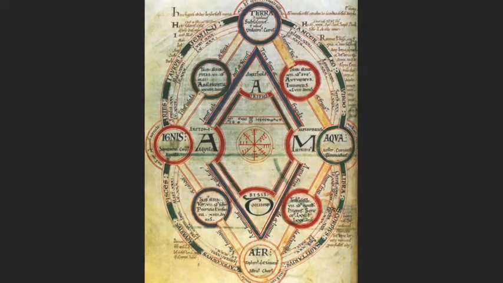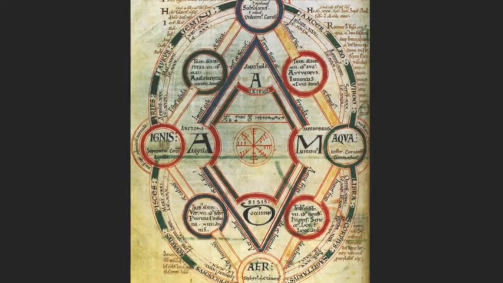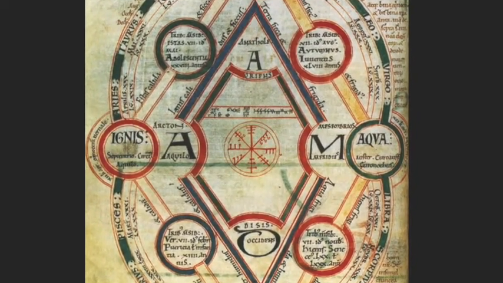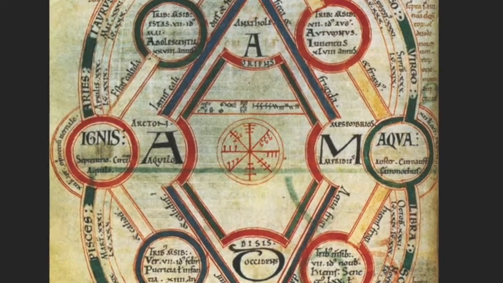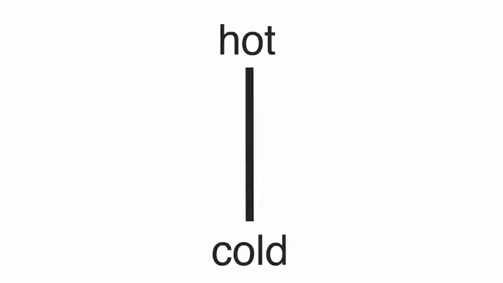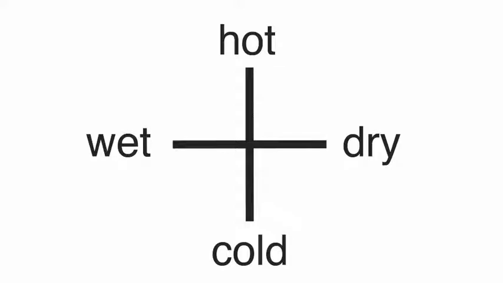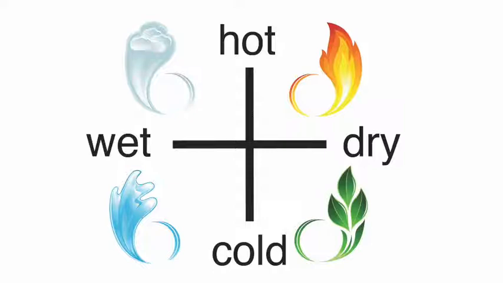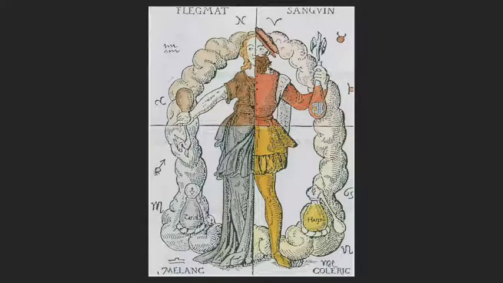In the medieval era, many manuscripts such as this articulated the concept of the four elements: earth, water, air, and fire. This idea is thought to date back to Aristotle, or even further back. Aristotle spoke of four basic elements that were composed of hot and cold, combined with dry and wet. Fire was the combination of hot and dry. Air was made of hot and wet. Water was wet and cold, while earth was cold and dry. The old theory of the four temperaments was based on this understanding.